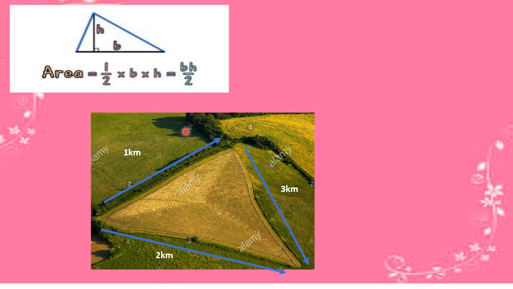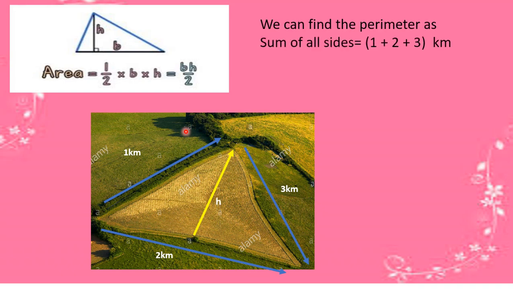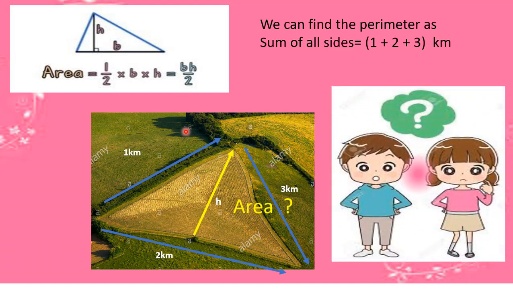Now in this case, are you able to find the area if the height of the triangle is not given? If the sides of the triangle are given, it is easy to find the perimeter, but it is difficult to find the area when the height is unknown. So the question is, how to find the area? Are you able to find the area? No. So let us talk about the area of the triangle when the three sides are given but the height of the triangle is not given. So how can we apply the formula area of triangle is half into base into height in this case?